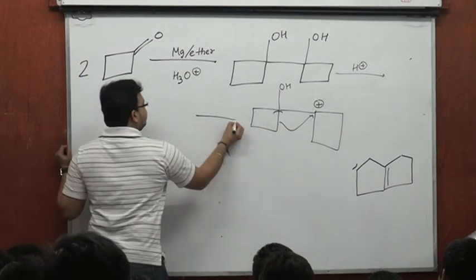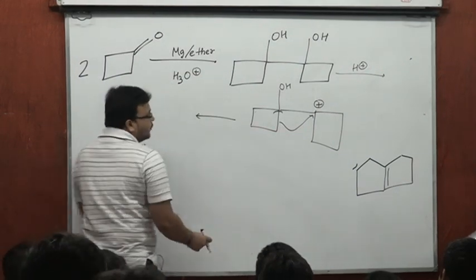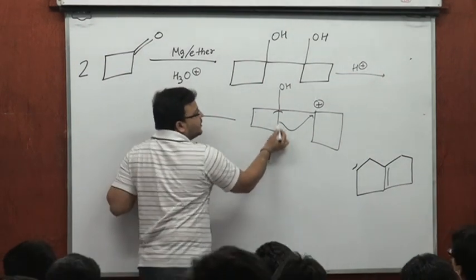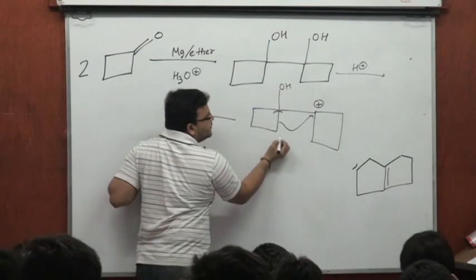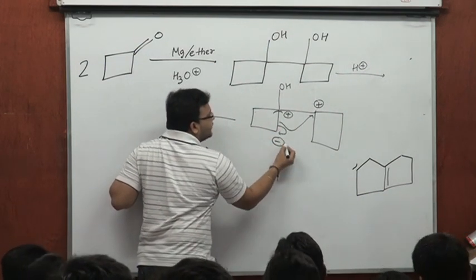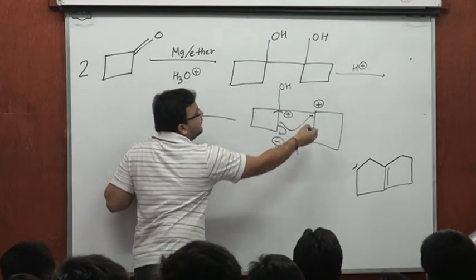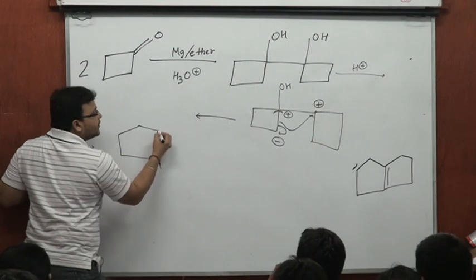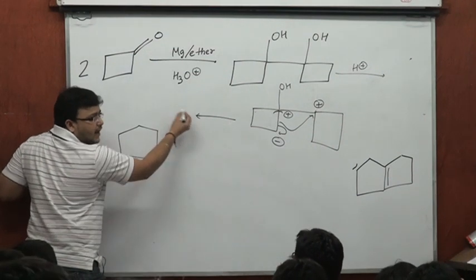Now again we'll want to break up this step as we do generally. Let me have this bond broken so that this comes over here, this becomes negative and this becomes positive. This negative takes care of this positive. So let me have a 5-membered ring. Well, this is the carbon on which the 2 rings are.